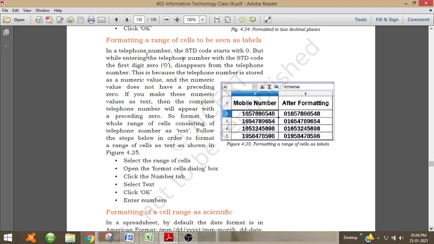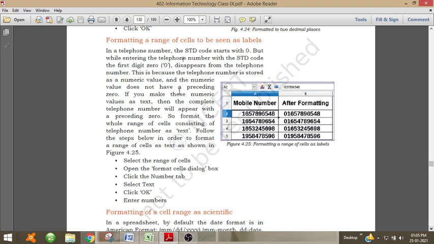Next is formatting a range of cells to be seen as labels. In a telephone number, the STD code starts with 0. But while entering the telephone number with STD code, the first digit 0 disappears from the telephone number. This is because the telephone number is stored as a numeric value and the numeric value does not have a preceding 0.